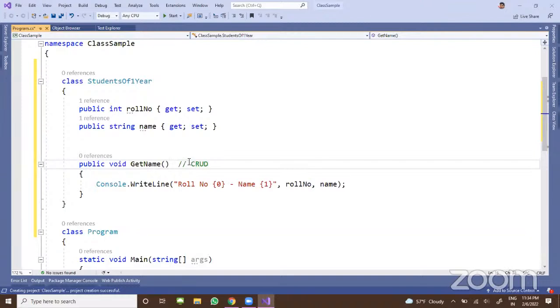Usually they say CRUD operation, but some people still use other terms. I've seen that only on the college side, but in IT they use CRUD, which is the four operations, same thing. If you want to remember, you can remember it as CRUD, which is nothing but